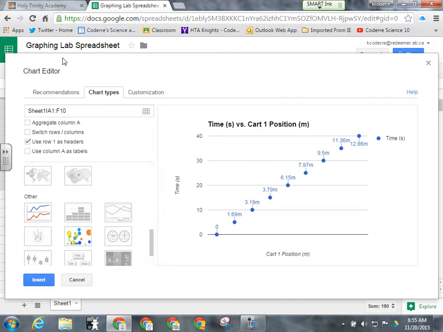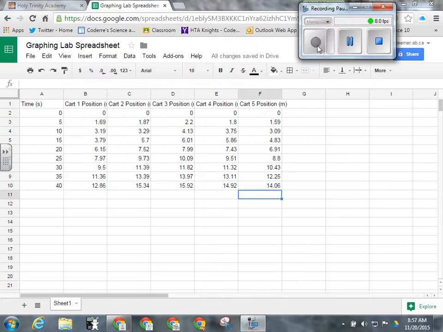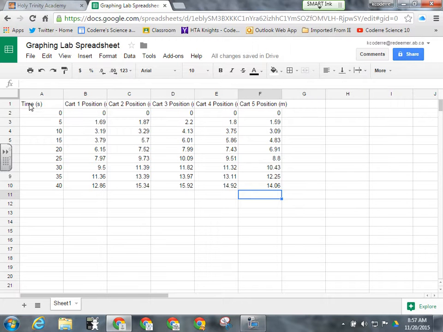Oh, you know what? I got to go back in here. I'm looking at the data and thinking I got to modify something. I do. That's why it's confused. I've got M's in every box here, so I've got to delete all my M's. All right, so now that we got all the M's out of the way,